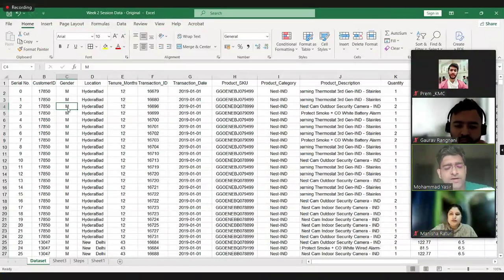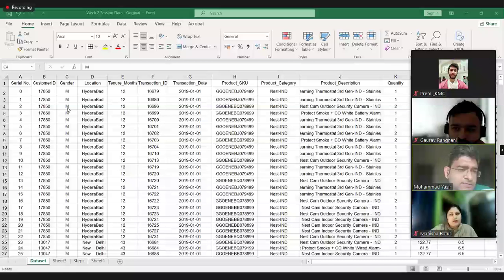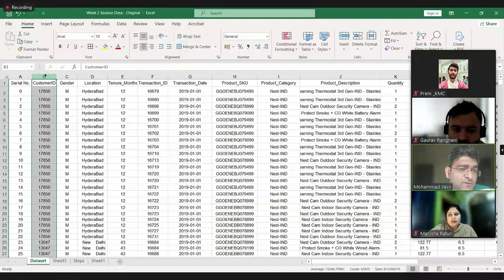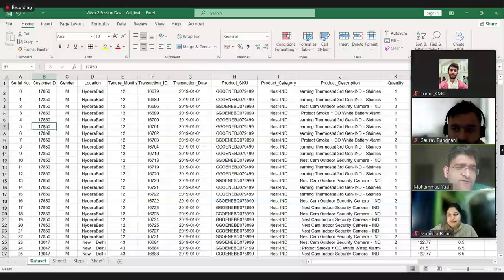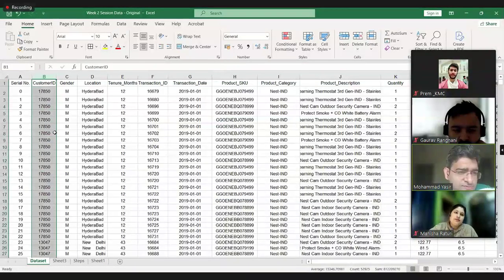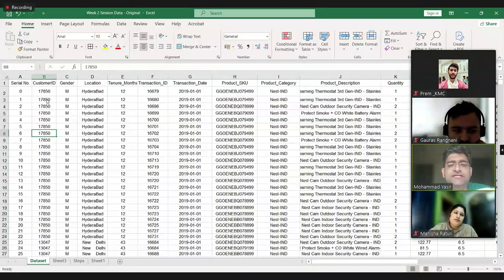Okay. Now we have understood the individual columns. We will try to understand what these values mean and what values they can have, right? For example, customer ID. If you were to drill down on customer ID, what will be the hygiene? Because you don't know if this data set has been hygiene checked or not.